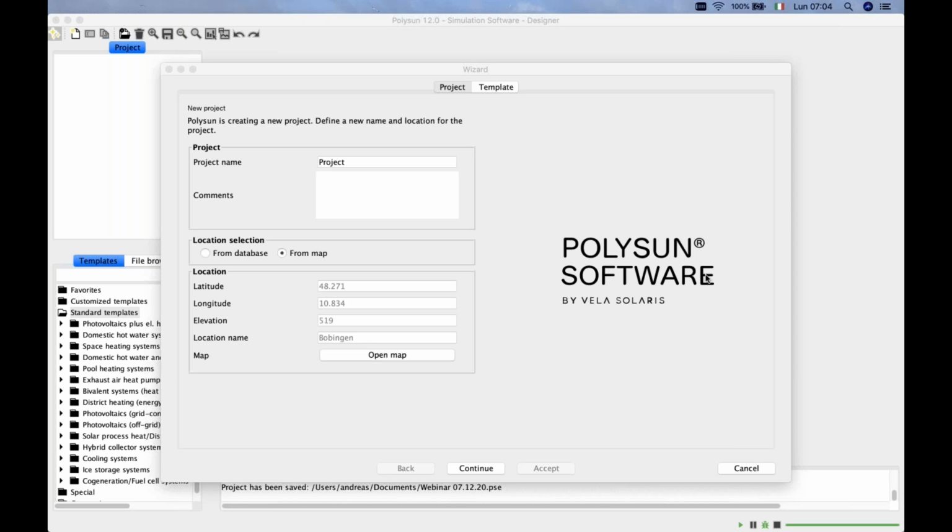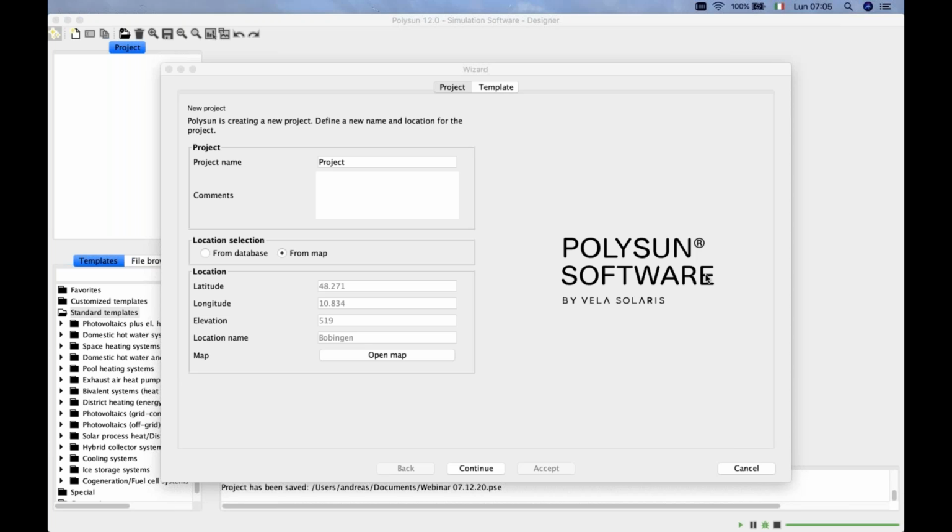It developed Polysun for the first time already in 1992, and since then the software was developed further and further. Initially, it was only for solar thermal, but then the other technologies were added. And as I said, for about 15 years now, we are developing the software, and we are also marketing it